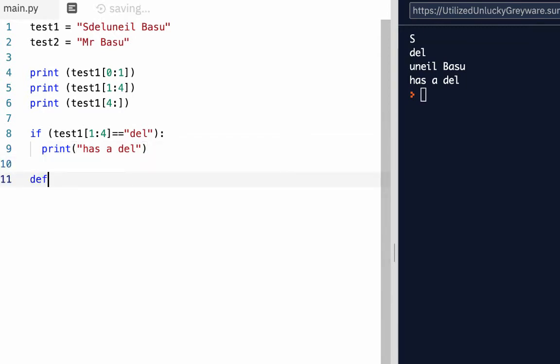def, and what is it in CodingBat? It's delDel. Def delDel with a string argument. If the string, if the characters in the string are equal to del, then